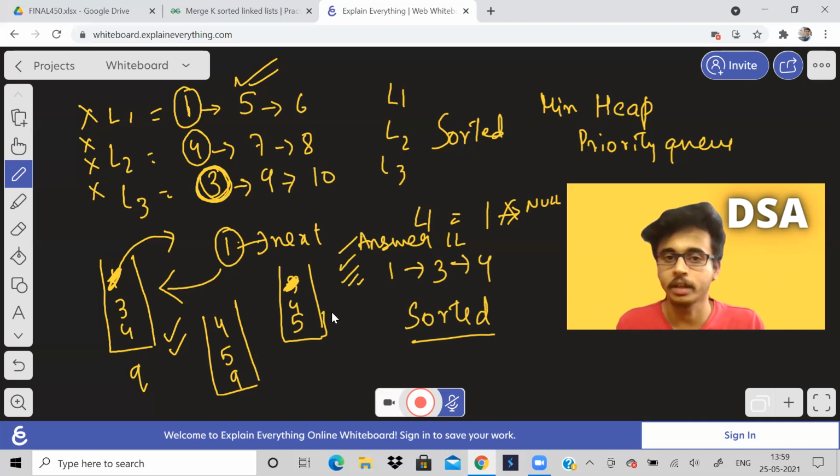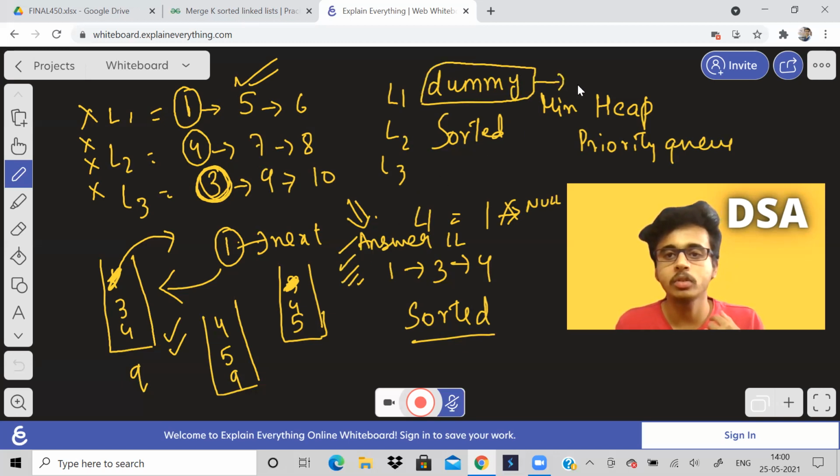This is very important. I don't think I have to tell you how to form the answer linked list. You have already learned this in linked list when I was discussing in the playlist. You just have to create a dummy node. After you create a dummy node, make it point to some node called last. Keep updating this last and finally return dummy next. So I think you will know how to do this.